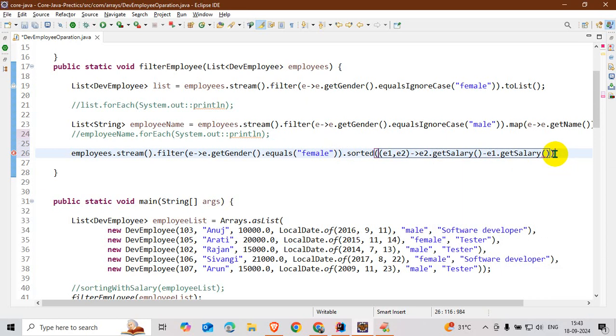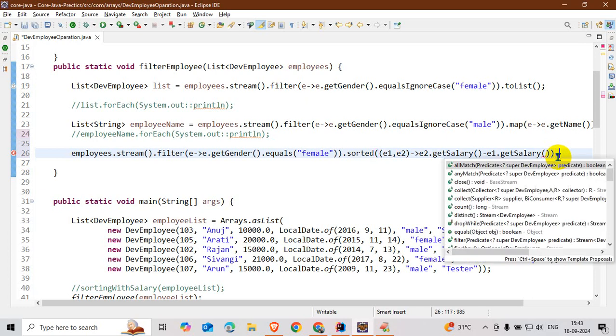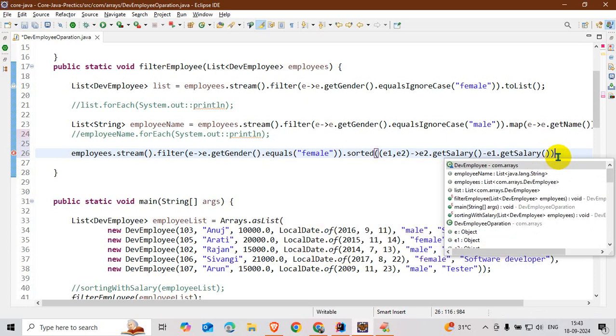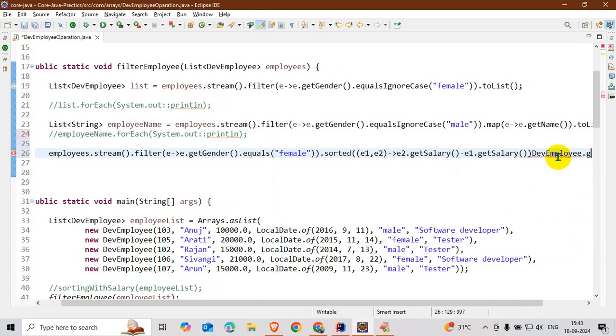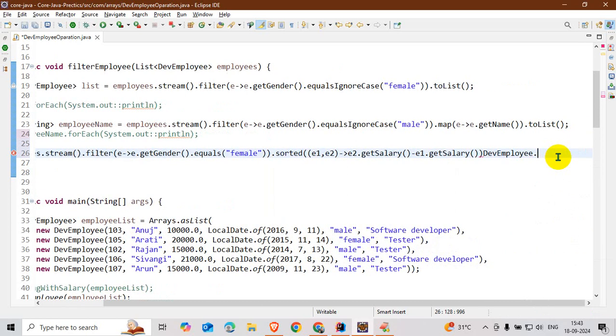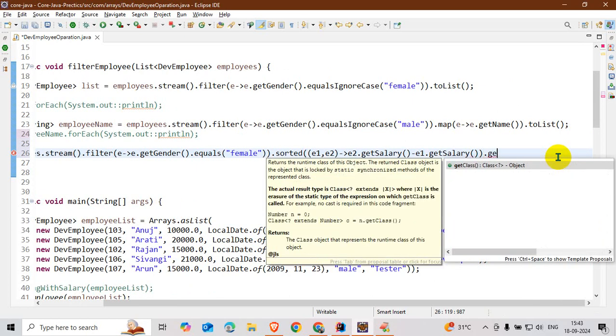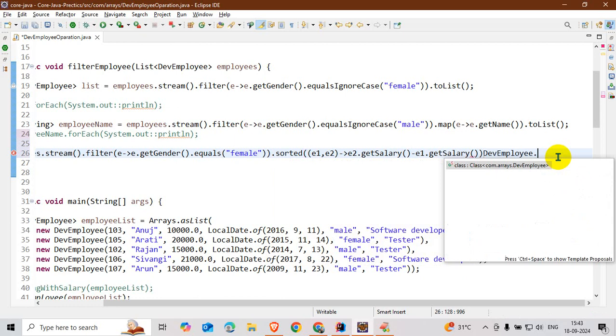And here I want to find the maximum salary. Dot toList, dot get.